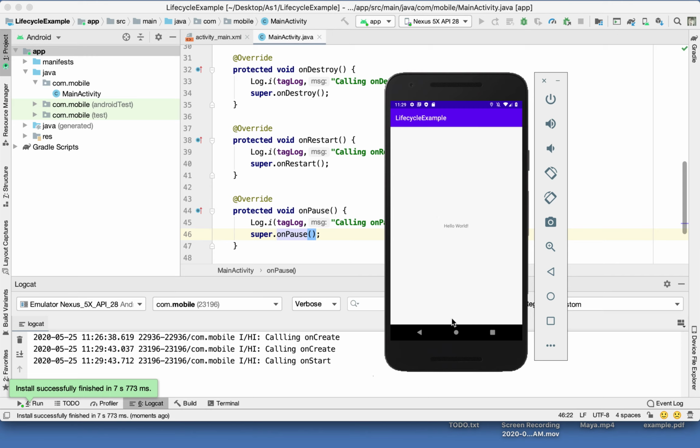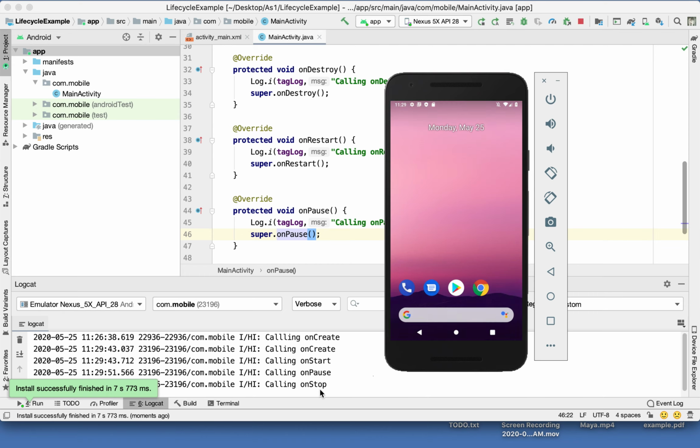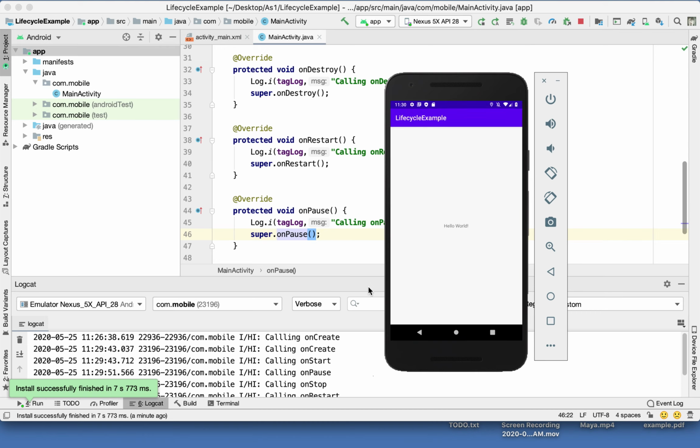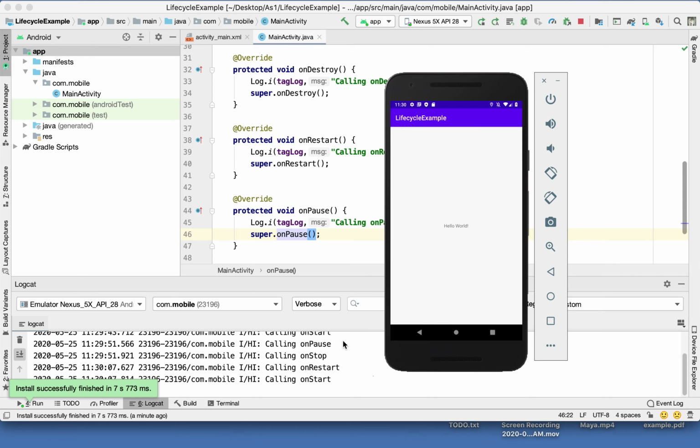So let's see. If the application goes into the background, then we call onPause and onStop. Now the background means that the activity is no longer in the foreground or the one that is being active. It doesn't necessarily mean that you're exiting the application. It can be that you just move to a different activity within the same app. Now once the activity comes back into the foreground, so it's the one that you're actively interacting with, you